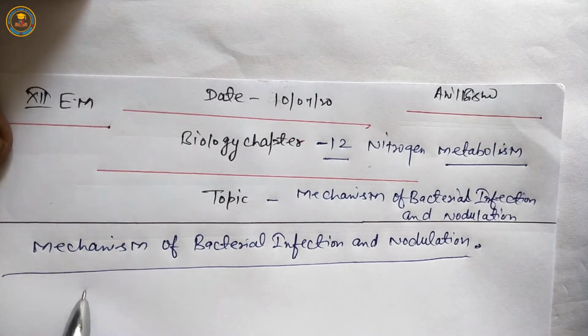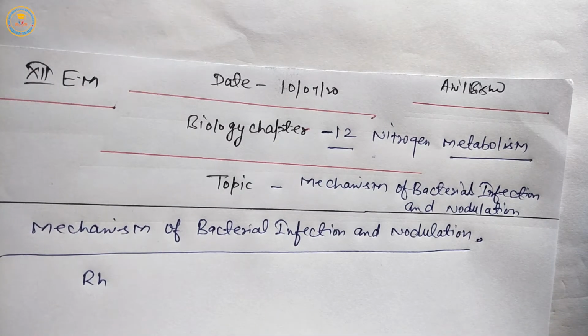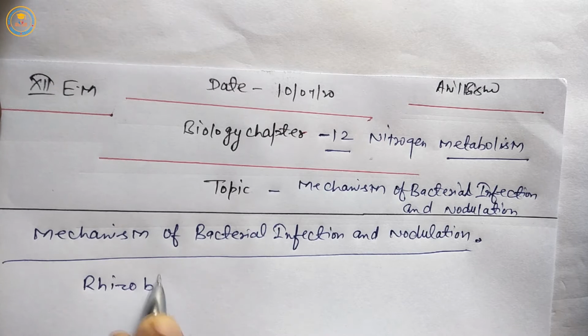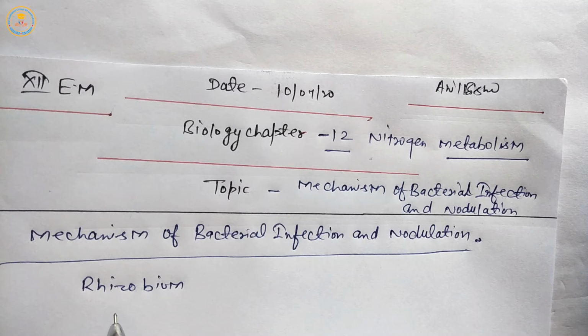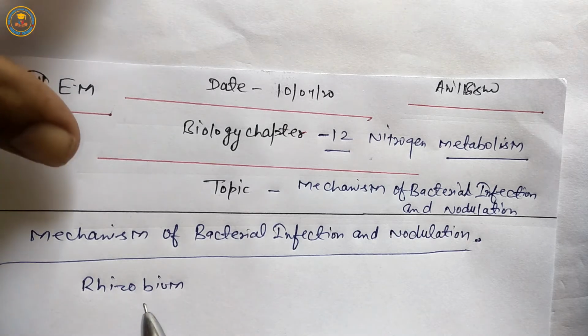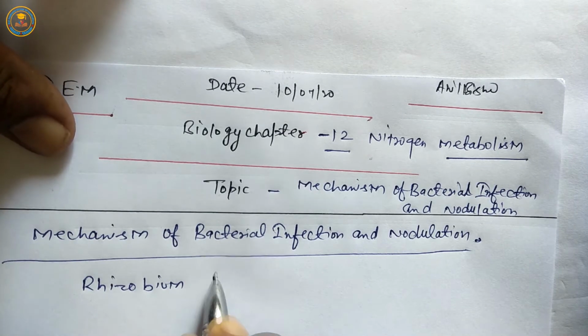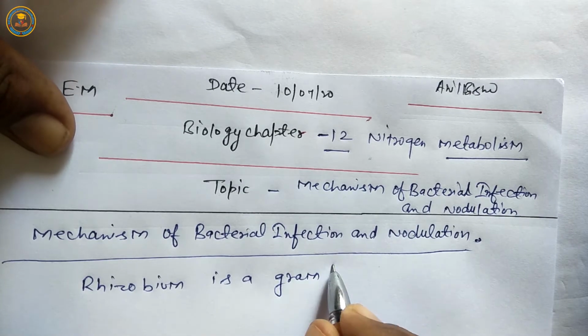Students, in the previous online class we studied some symbiotic bacteria like rhizobium. Rhizobium forms nodules in the root part of legume plants. Next is the introduction of rhizobium. Rhizobium is a gram negative